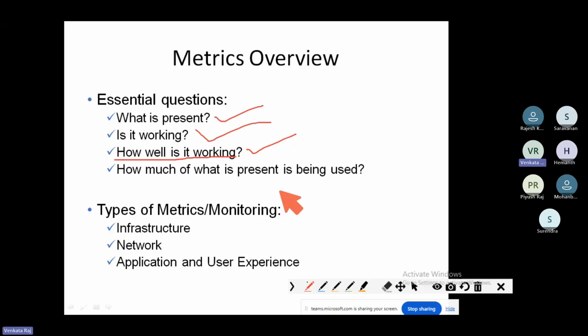So if an application only works for few users, or let's say 50% users are able to use the application, that is also not good. At least 95%, 99%, or 90% users should be able to use the application. And that application should meet the SLA case. Then only we can say that the application is working well. Do you all agree with me or not? You all can go and check this, guys. So it was extended for one more day